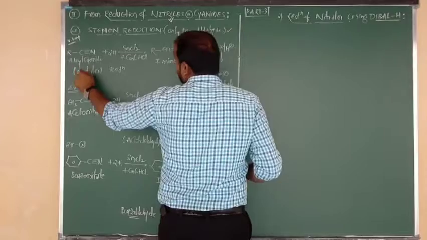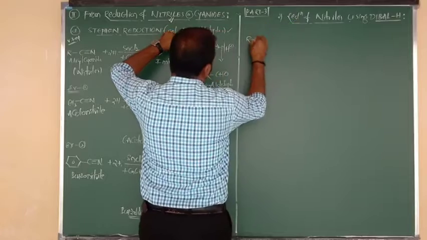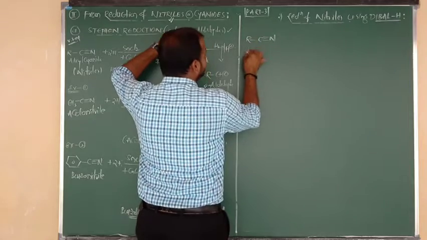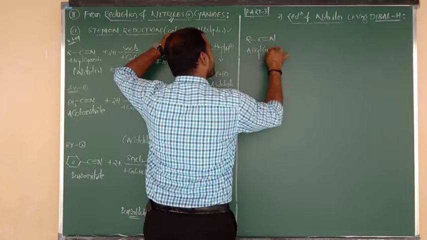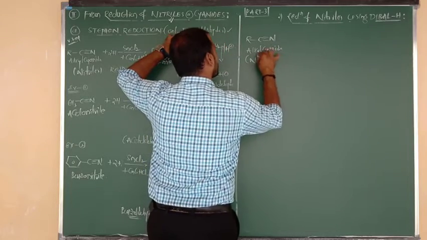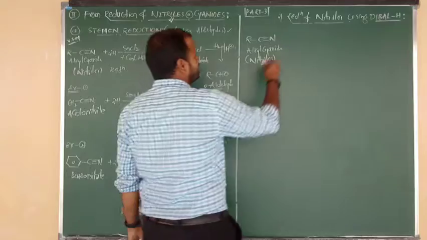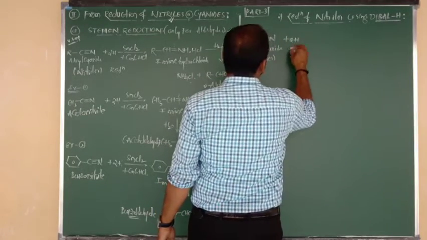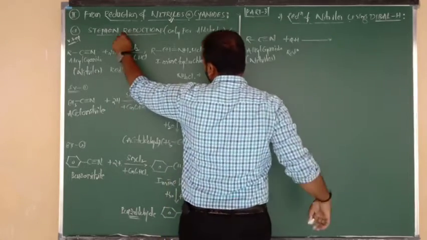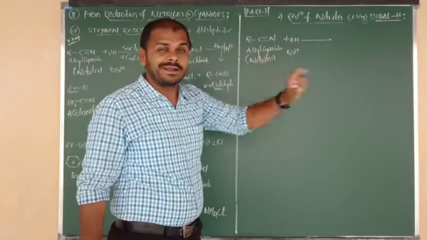Yes, here what we have taken, nitriles. Here also I am going to take the same nitrile. R bonded to C, C triple bond N. What is the name of this compound? Cyanides. Which cyanide? Alkyl cyanide. And also we can say nitriles. Nitriles here undergo reduction. Here also the same thing, simply it undergoes reduction, meaning addition of what? Hydrogen. Reduction takes place in Stephen with SnCl2 plus HCl, but here reduction takes place using a specific reducing agent, DIBAL-H.